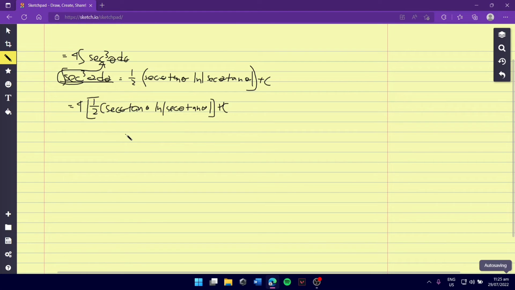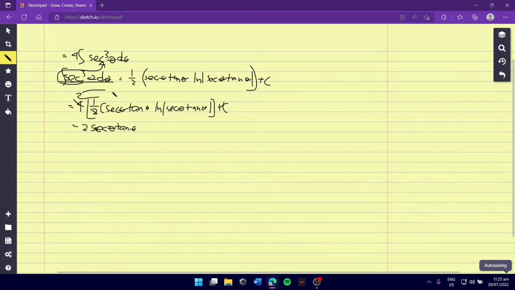There you go. So now, this and this will cancel out. So this will become 2, right? So next, this is 2 times secant theta tangent theta,